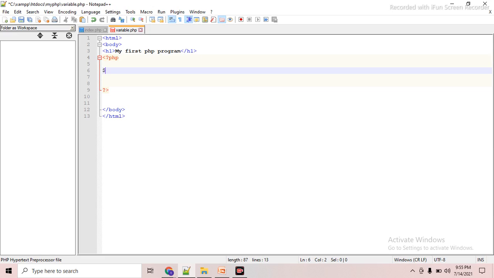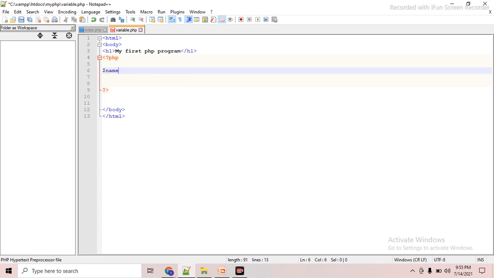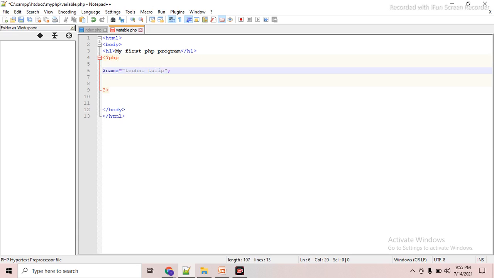I have created a variable named name, equal to a value like techno tulip. I have just created the name variable; the value is techno tulip.